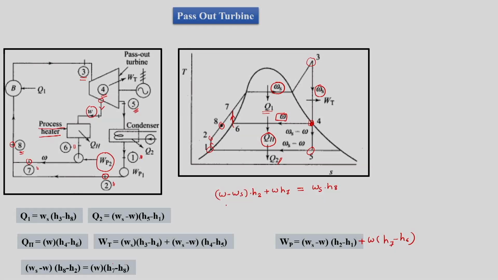So what we will have is W into H2 minus Ws into H2 plus W into H7 is equal to Ws into H8. So we have W into H2, we will have